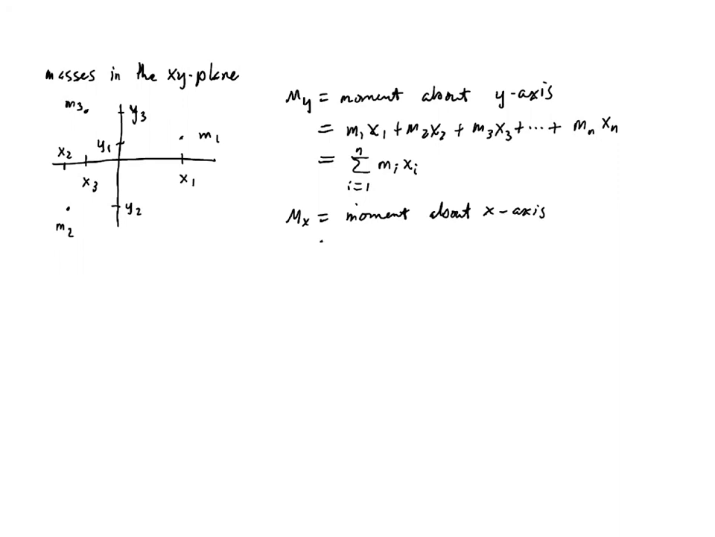And this can be written as the summation i equals 1 to n of the mi yi's, obtained in exactly the same format. And then if the total mass is the sum of the individual point masses, then the x-coordinate